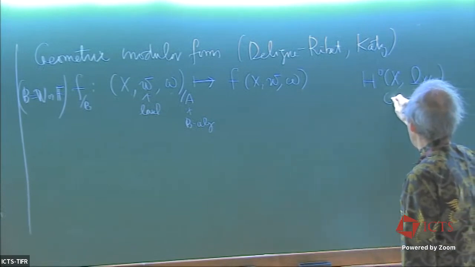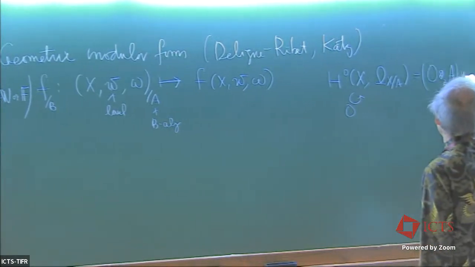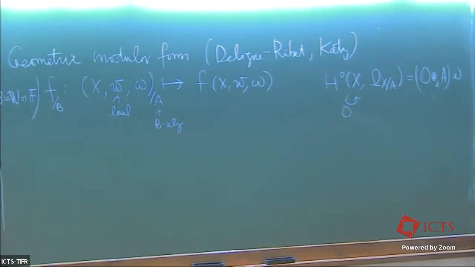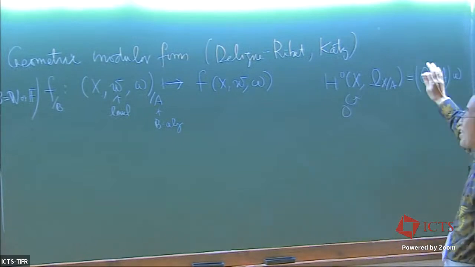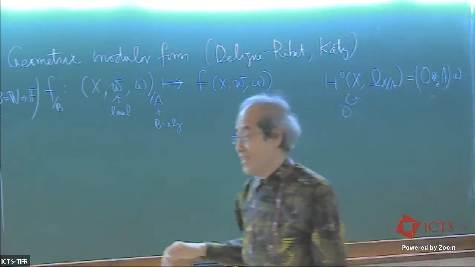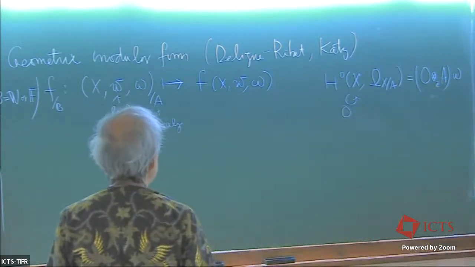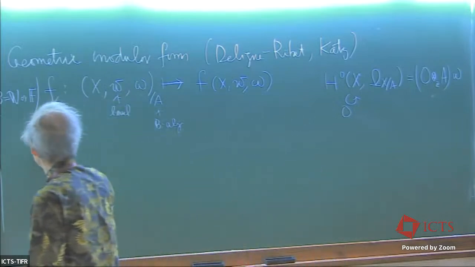And this has an O multiplication. Then you have a unique generator omega over this ring. If it is an elliptic curve, it is just A, right? But this is a higher dimensional abelian variety with O multiplication. So these three things are there, and it satisfies